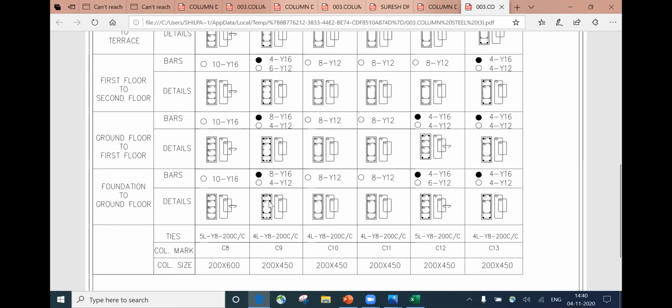That is why the dark one, what you can see, it is dark here, right? There are 8 dark circles. And those 8 dark circles represent that you have to provide 16 diameter in that position. And the one in white, there is no dark circle in this, it's a kind of transparent. So you have to provide 12 diameter of 4 bars, one, two, third one here, and fourth one here.